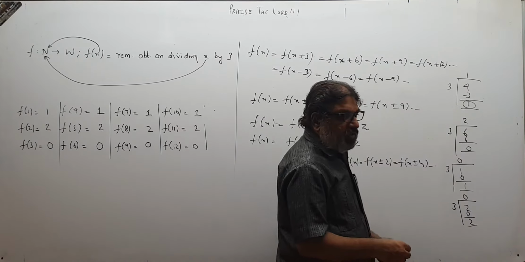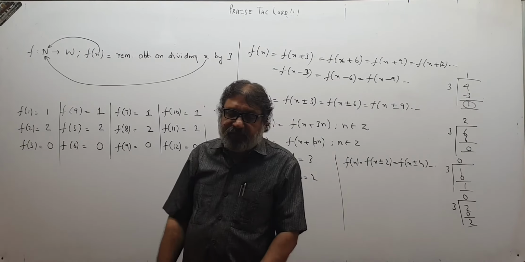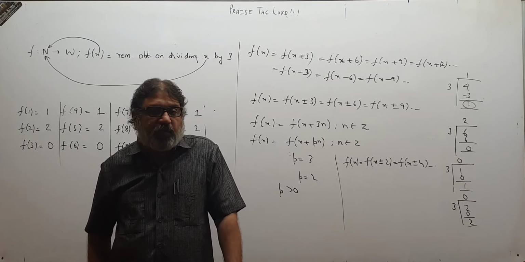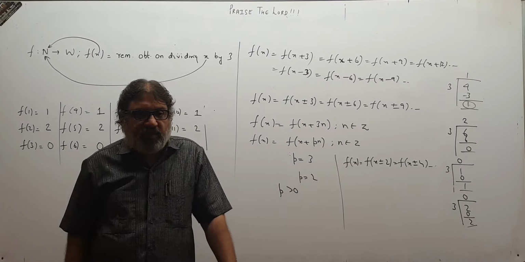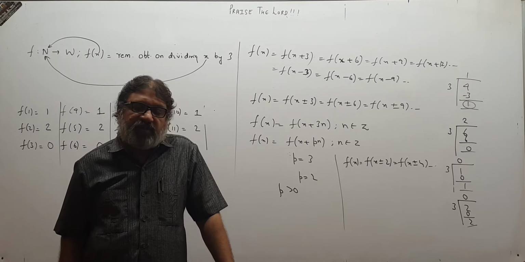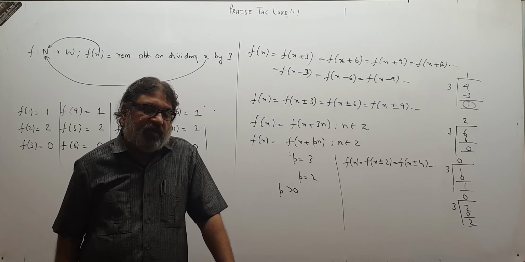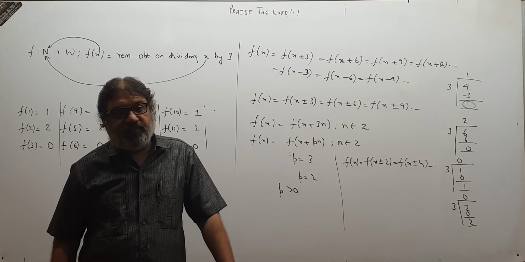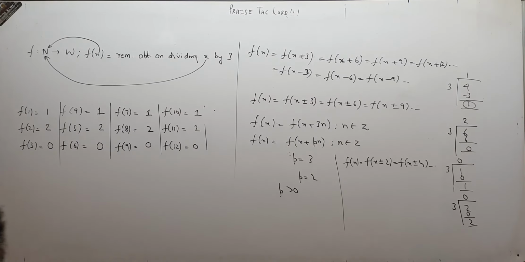So children, if the functions are having this property that f of x is equal to f of x plus pn, where p is the smallest positive real number possible, then we say the function is a periodic function, and p, the smallest real positive number, is called its fundamental period. That is the point. Please pause and copy, children.